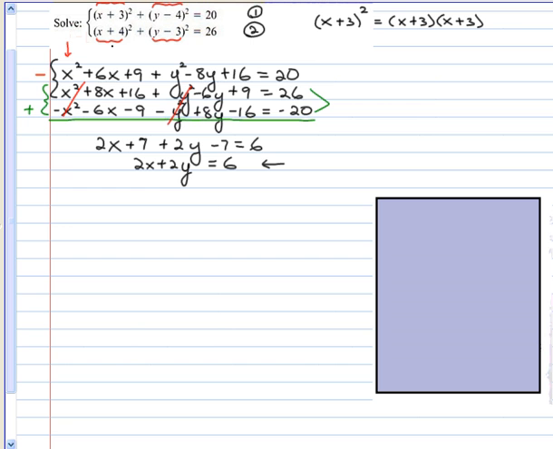I need to take that equation and solve it for a variable, because I can't get an answer yet. I have two variables, an x and a y. I'm going to solve it for y. I'm going to divide everything by 2 first. X plus y equals 3. Just dividing everything by 2. And then I can subtract my x to get the y by itself. Subtracting my x, y equals negative x plus 3. This is a value of y that I can now substitute back into one of my two